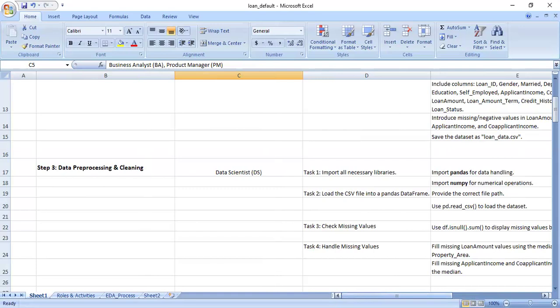Sometimes what happens is there are integer values present in the column, but it appears as an object data type, so we have to correct all these things. This is the initial process we do in the data